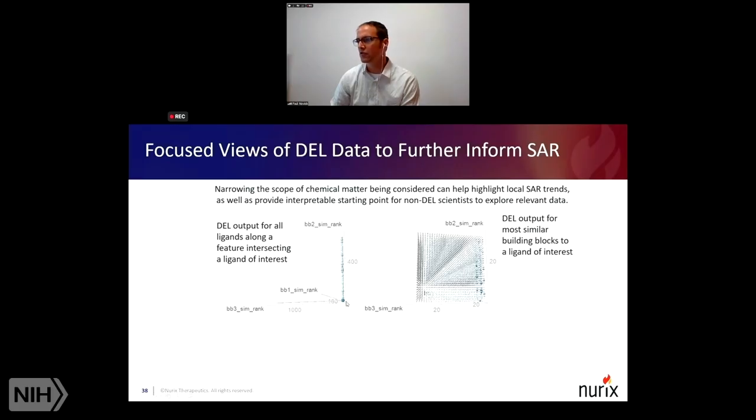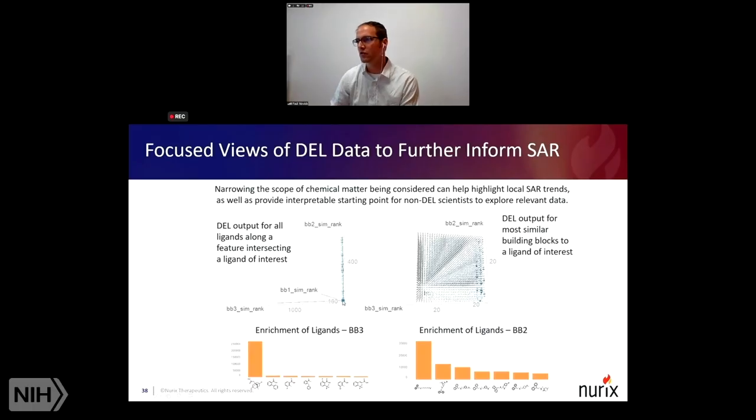And in both of these cases, you can really start understanding where you have the ability to perhaps explore SAR based on the enrichment output, and where you really need to stay focused on a specific building block that was represented in your library. And this can inform not only prioritization for ligand selection, but also, again, the early parts of lead optimization as you're starting to build up your non-DEL